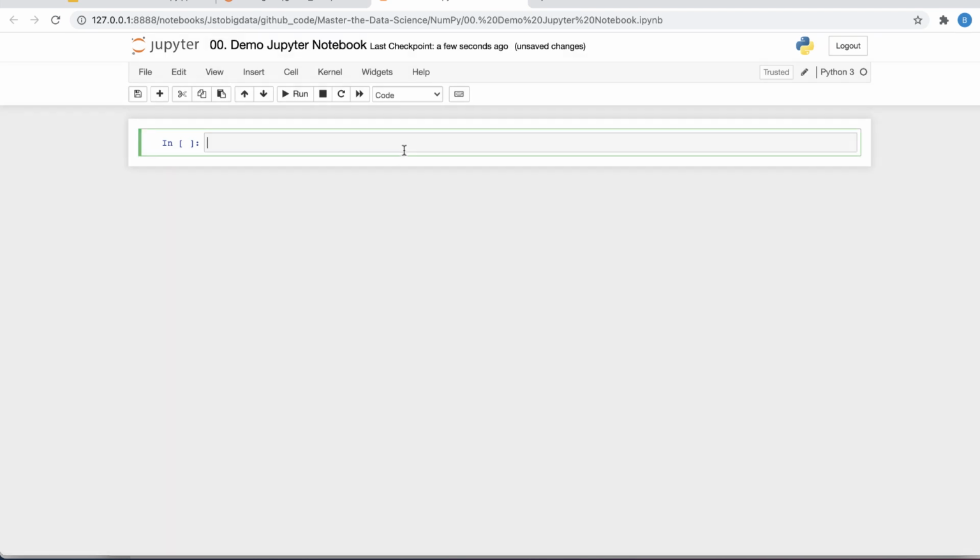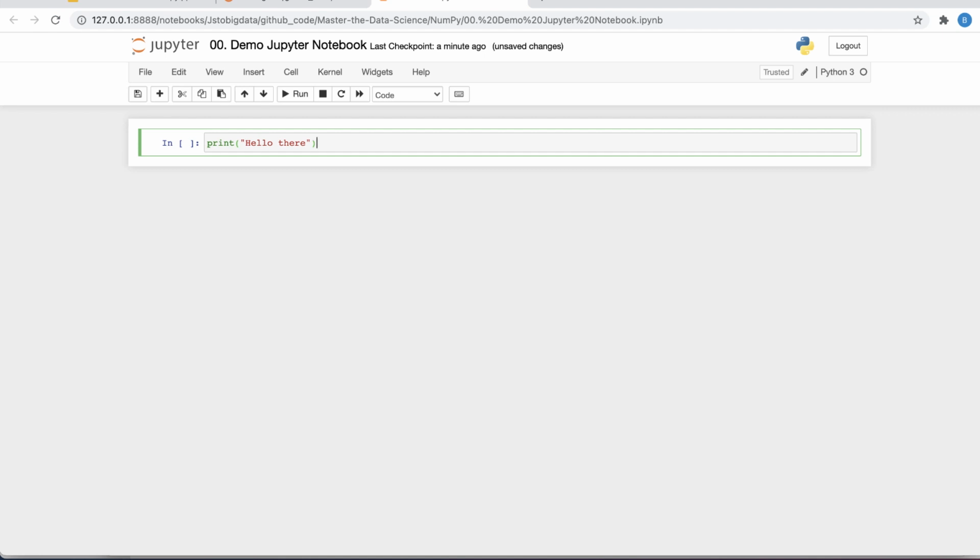Now you see by default there is a cell, and there are basically 4 types of cells: code, markdown, raw NBConvert, and headings. Now I will explain to you what each of these is. So let's say in code block I will just type print hello there, okay, and I want to run this.